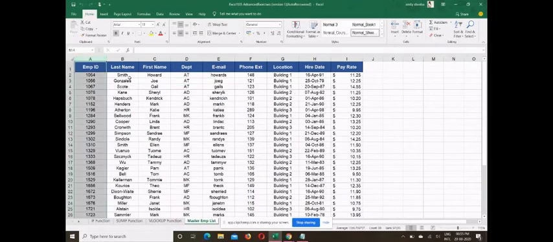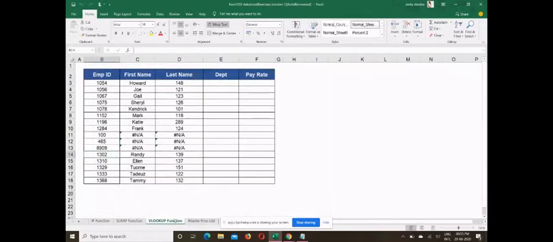These are my employee ID, last name, first name, department, various other departments, their email IDs, phone number, extensions, and their location in the office, when they were hired, and their pay rate per hour. Here I have a list of employees with their employee ID and their first name. I want to know their department, like which department they are working in.